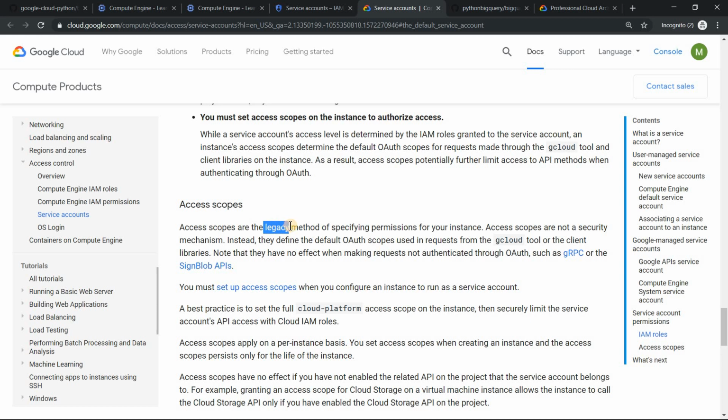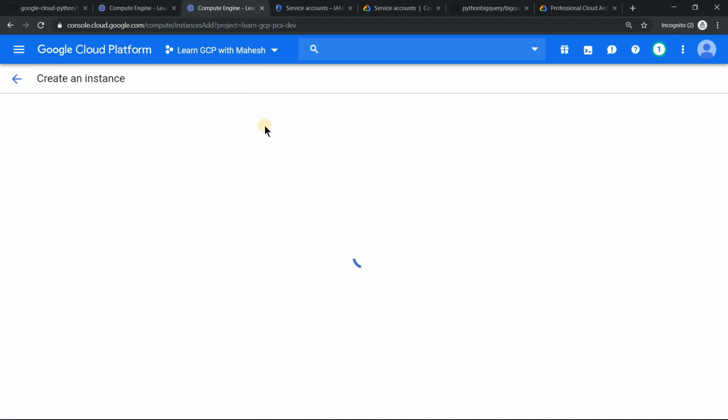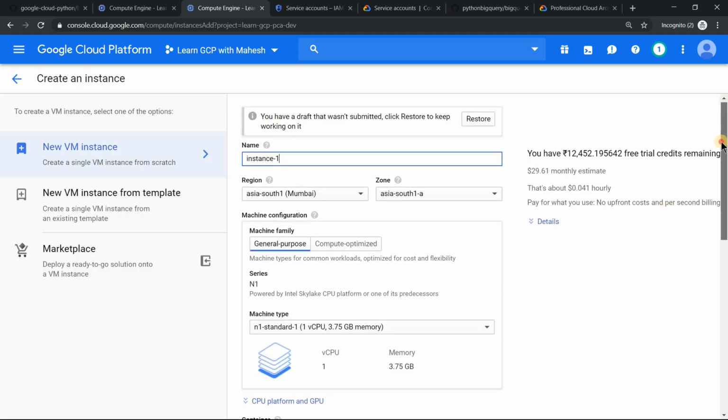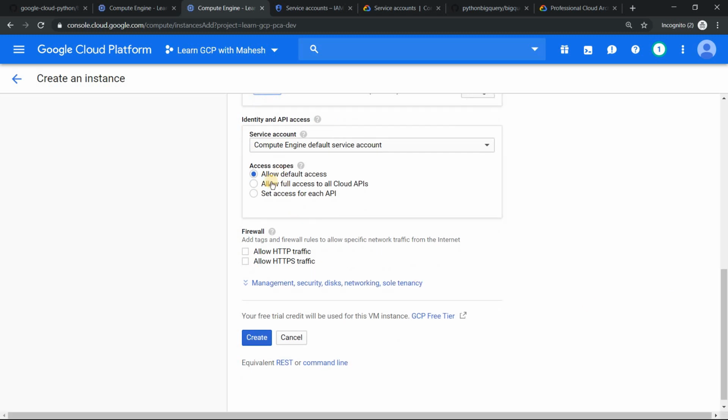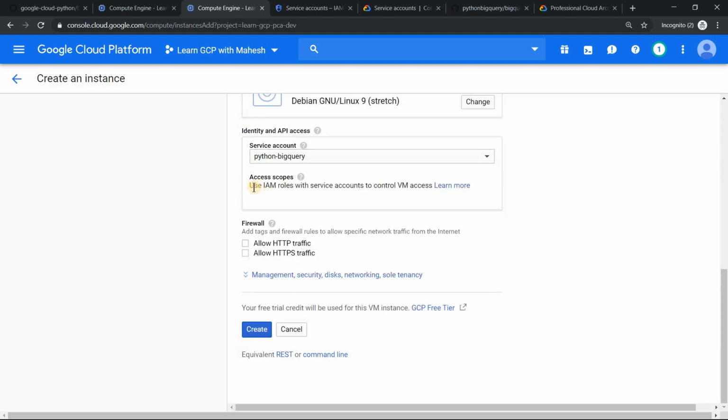Access scope: when will you use it? When you are using your default service account. If I show you a quick demo, only the default service account can use access scope. If you have created any custom service account, it cannot use it. Let me show you that again. You see this is the default service account. Only then will you see this access scope. The moment you select something else, it goes away and it shows you need to control it using your Cloud IAM. So going back to the requirement,